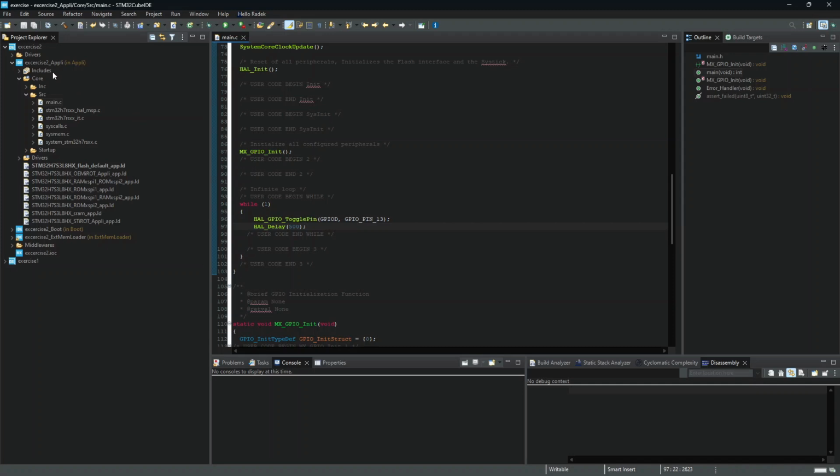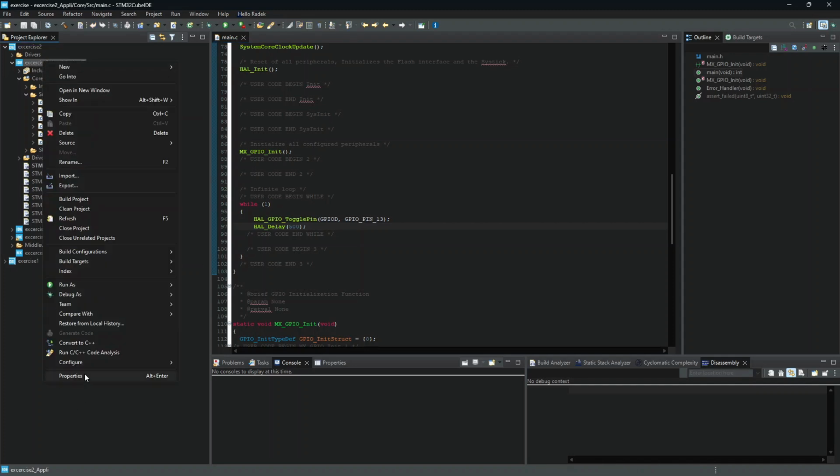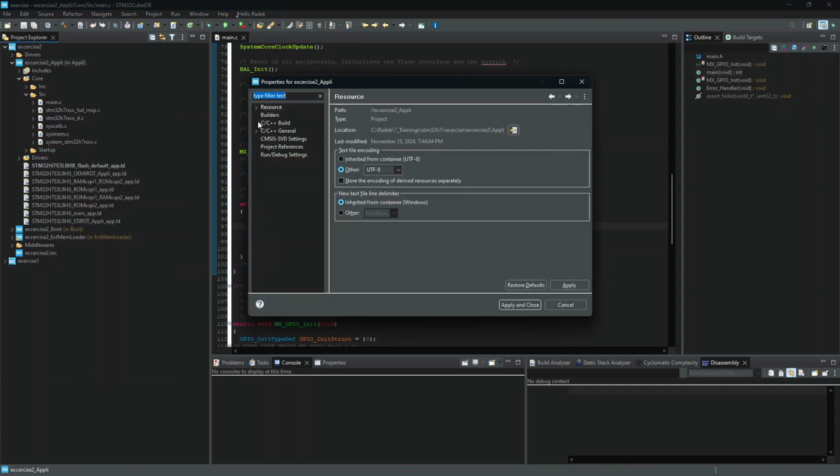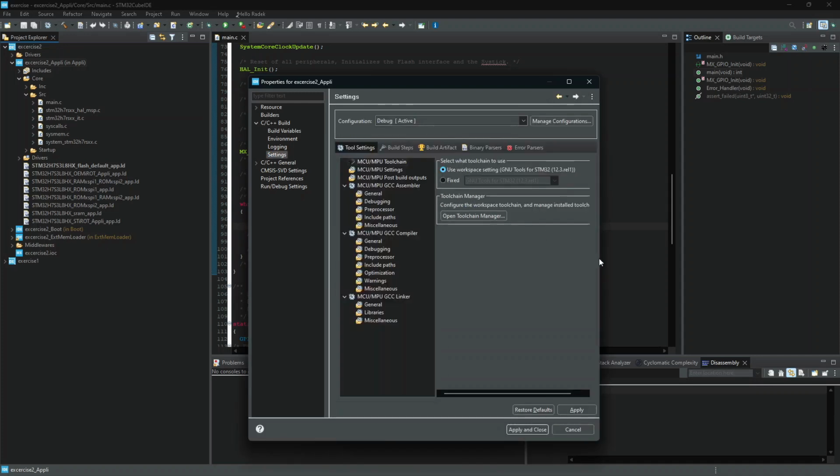The second thing which I need to do, because before he knew which memory we are using, so he selected for us the correct linker. Now he doesn't know, so you see that we have a default linker which is probably linked into the flash, so we need to change the linker file,